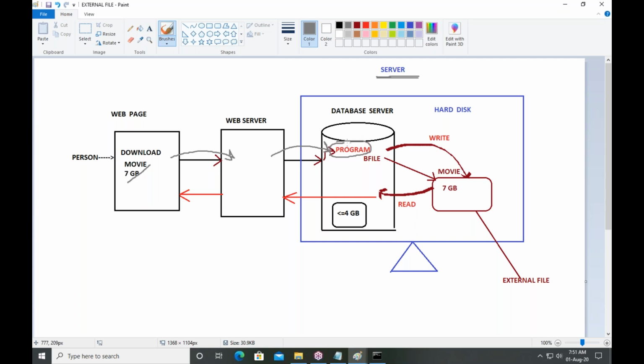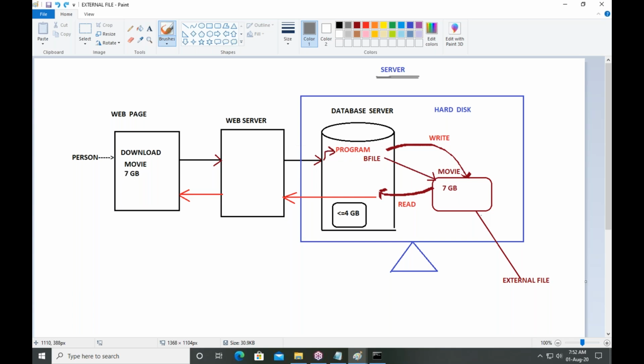Within the program, there is a BFILE. BFILE is a pointer pointing to the external file. So BFILE will take the data from here. That data passes to the web server, and from there the data passes to the end user. This is what happens internally.